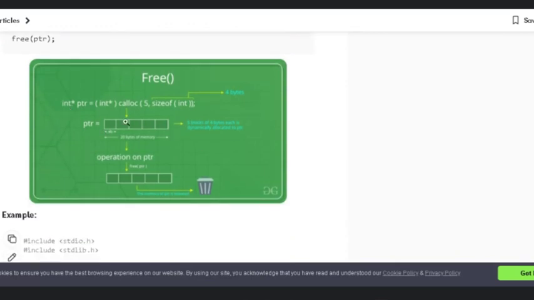So you can see over here, the calloc function will allocate 5 blocks of memory, each of 4 bytes, right?